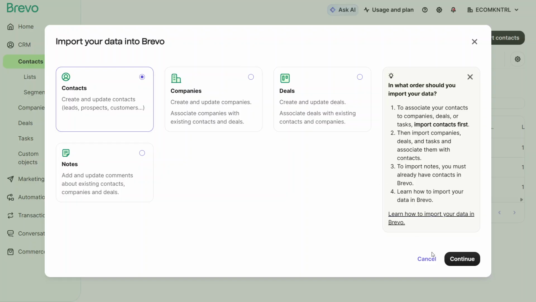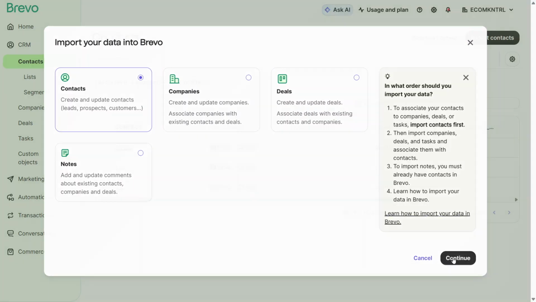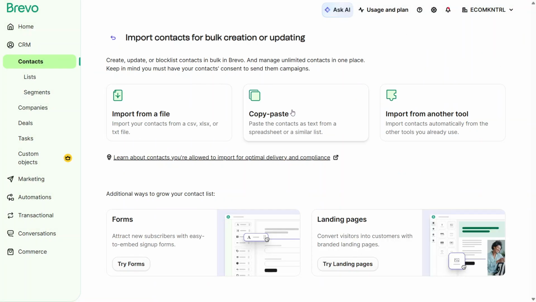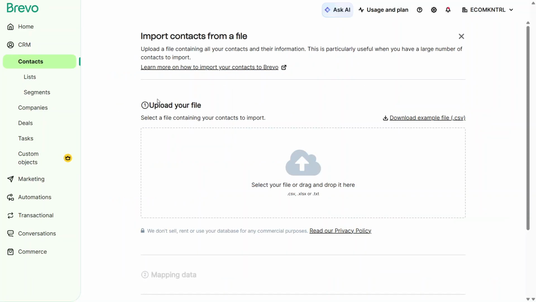The page will reload and you'll see different ways to bring in your contacts, from a file, by copy-pasting, or from another tool. For this walkthrough, we'll use the From a File option, since that's one of the most common. Click the option to import from a file, and the page will reload again with a field where you can